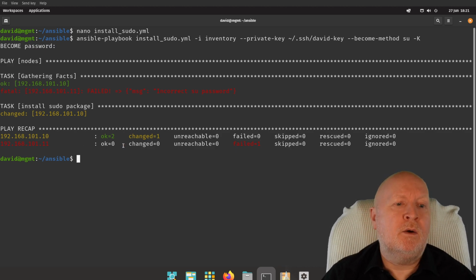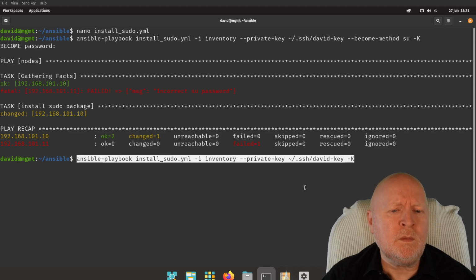But what it means is now I should have two computers, one with Debian, one with Ubuntu, and both have got sudo installed. So going forward, what I'll do is run this command if I want to use this playbook. So this time I don't change the become method to switch user. I'll just use the default of sudo. So otherwise it's the same. So if I run that,